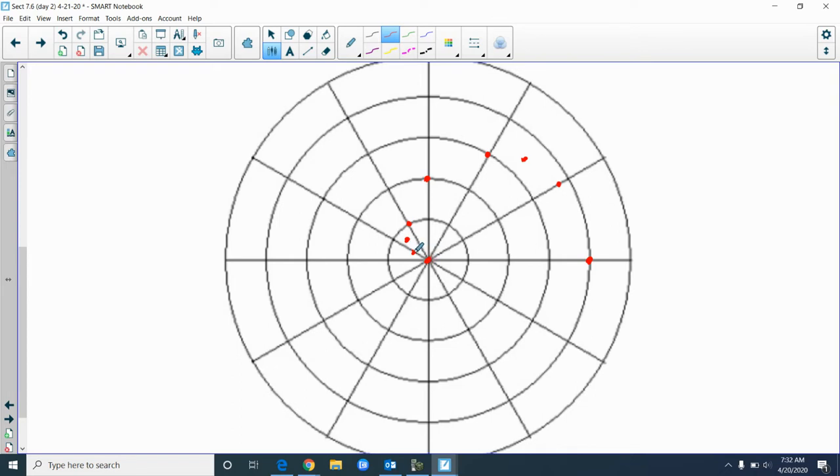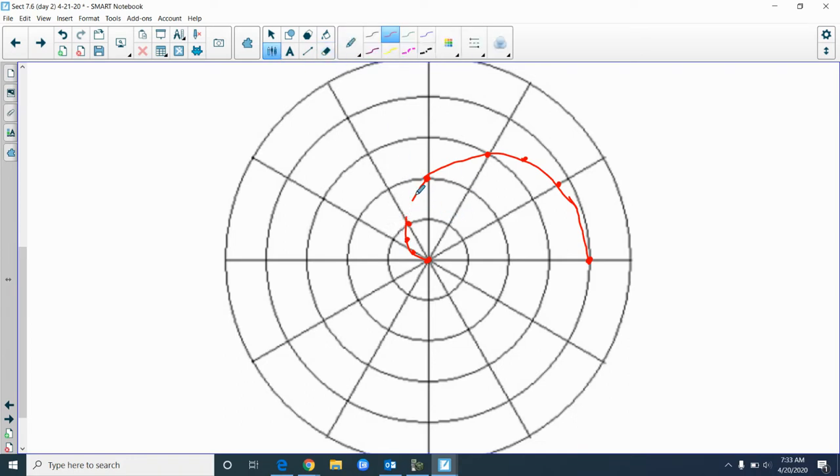Sometimes it's going to be helpful to kind of stop and see what's going on. All right, so what does this look like? These points we would connect with a curve. So you're going to go from 0. See how good I can do that. That's going to be a little bit hard. 30. And then that's going to curl around to 0 degrees right there. So that's going to be that first half of that graph